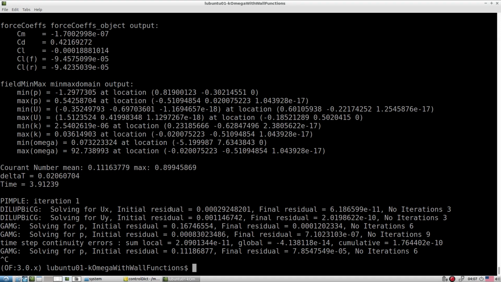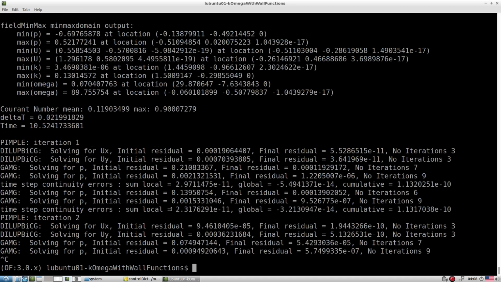When you want to do the averaging, you try to observe either a probe or something and get a feeling whether the flow is developed or not. When the flow becomes fully developed, after that you start the averaging and you are going to get a pretty good result. But if by mistake you start the averaging from the beginning, then even if you go for a very large number of time steps of averaging, you are not going to get appropriate averaging data. That is not a good way to start the averaging. If you want to start the averaging, look at the probe. When the probe becomes mature, only after that you start the averaging. Before that, don't do that.